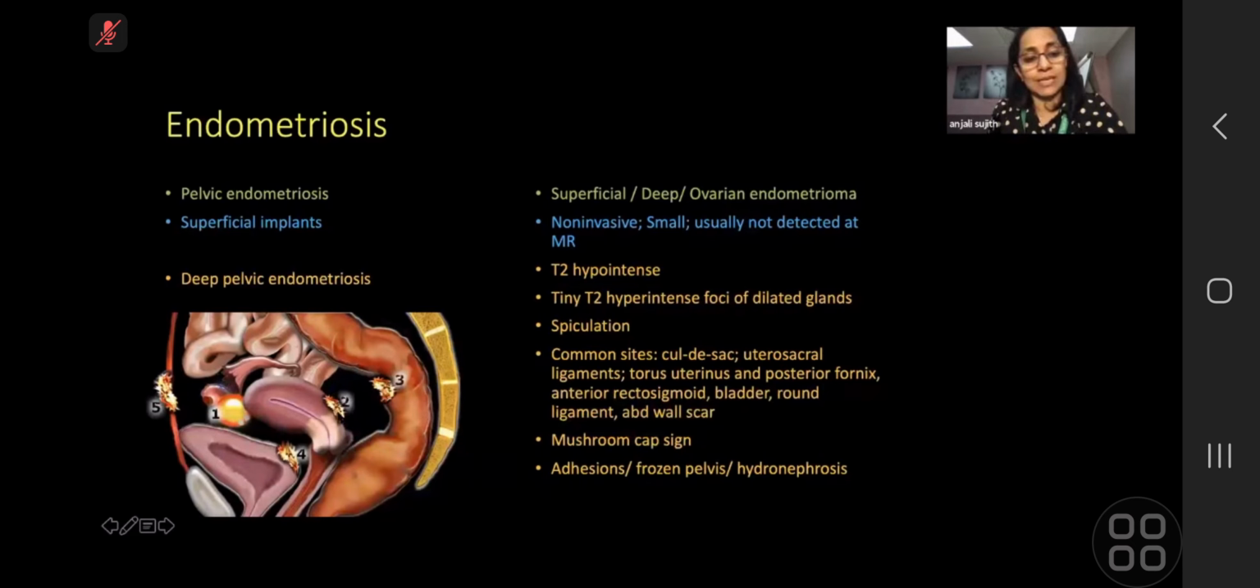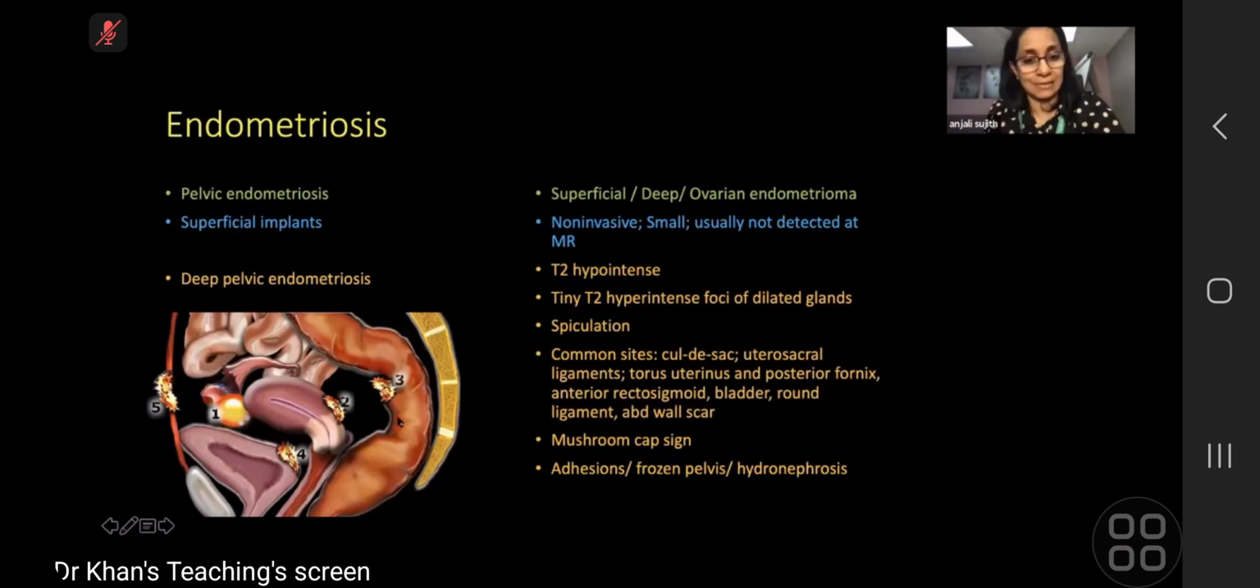Now this is where the uterosacral ligaments attach. So that's again another common site. Uterosacral ligaments are again a favored site. Anterior rectosigmoid: there are serosal deposits at the anterior rectosigmoid. Posterior bladder and abdominal scar, cesarean section scar. So these are the commonest sites of endometriotic plaque deposition. Once you know how an endometriotic plaque looks, and once you know where to look,